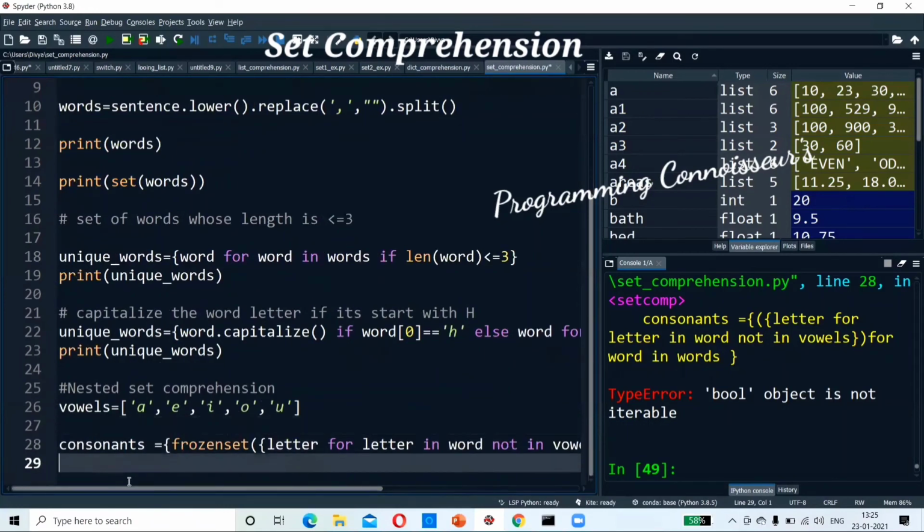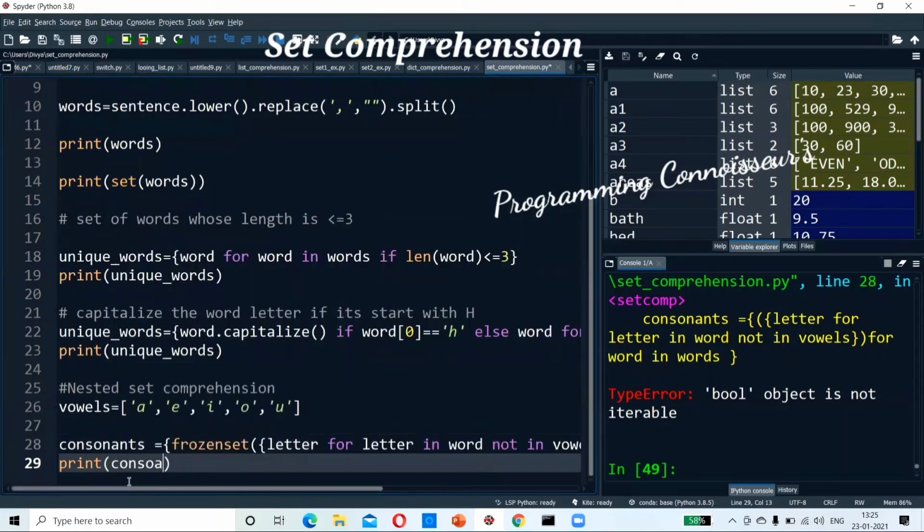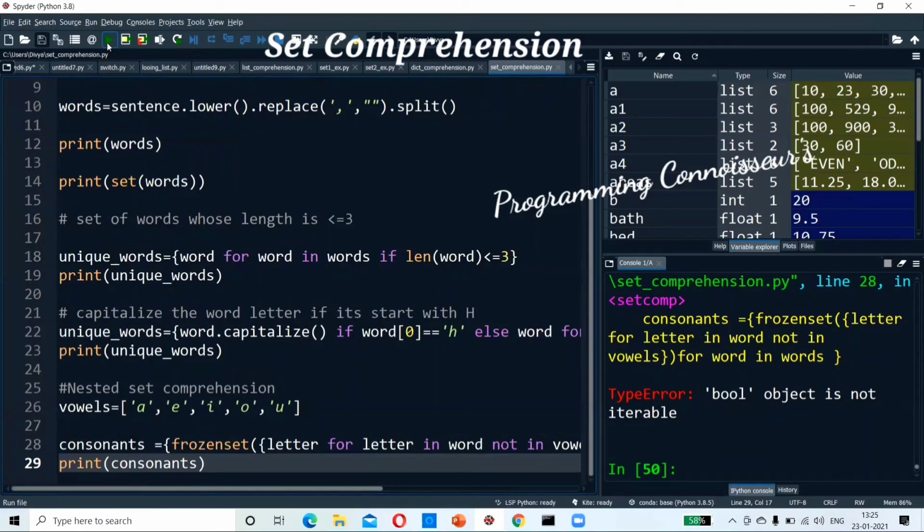So now I want to print consonants. What is happening?